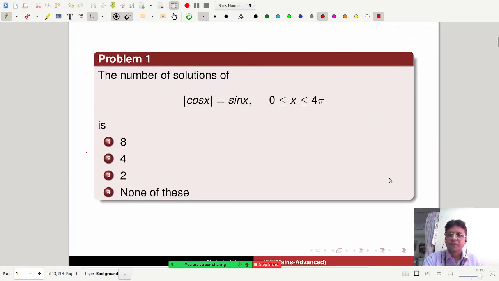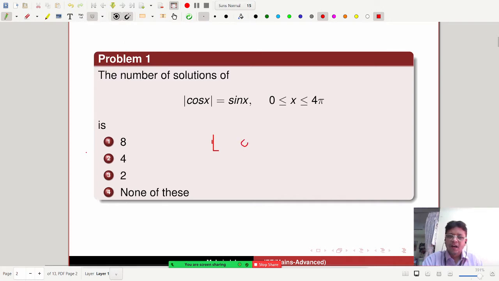First of all, the first question is: the number of solutions of mod cos x equal to sin x, in the interval 0 less than or equal to x less than or equal to 4 pi, is 8, 4, 2, none of these. So these are the options. Now you can do the problem by simple calculations. What are the calculations? If this is a modulus problem, then